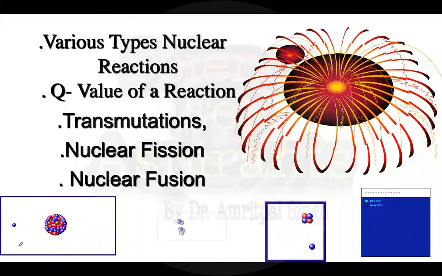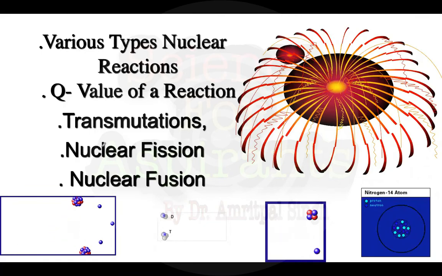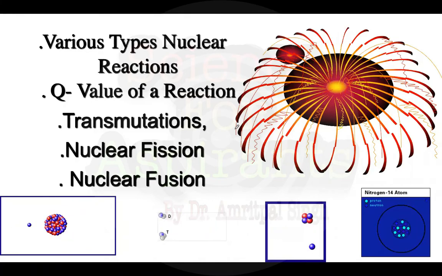So today's lecture we will discuss the nuclear reaction and the various types of nuclear reaction, and then we will discuss the Q value of a reaction, which tells us whether a nuclear reaction is exothermic or endothermic. And then we will discuss natural and artificial transmutation, and do some examples related to this artificial transmutation